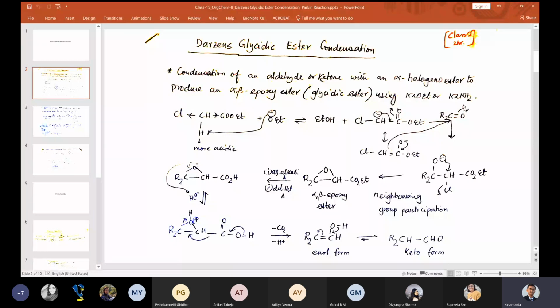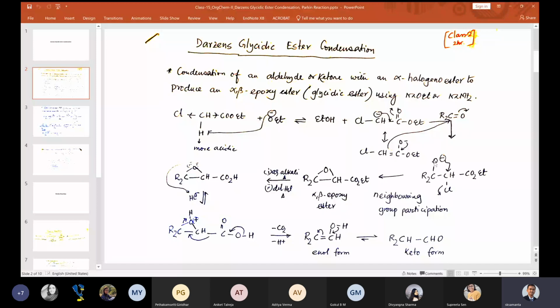And also in this case, instead of reacting with another species of this molecule, we are taking a ketone. Then we take a base. This base picks up this proton, which is more acidic because chlorine is electron withdrawing in nature, to form this enolate, which is resonance stabilized. This enolate now attacks this ketone to form this kind of alpha halo